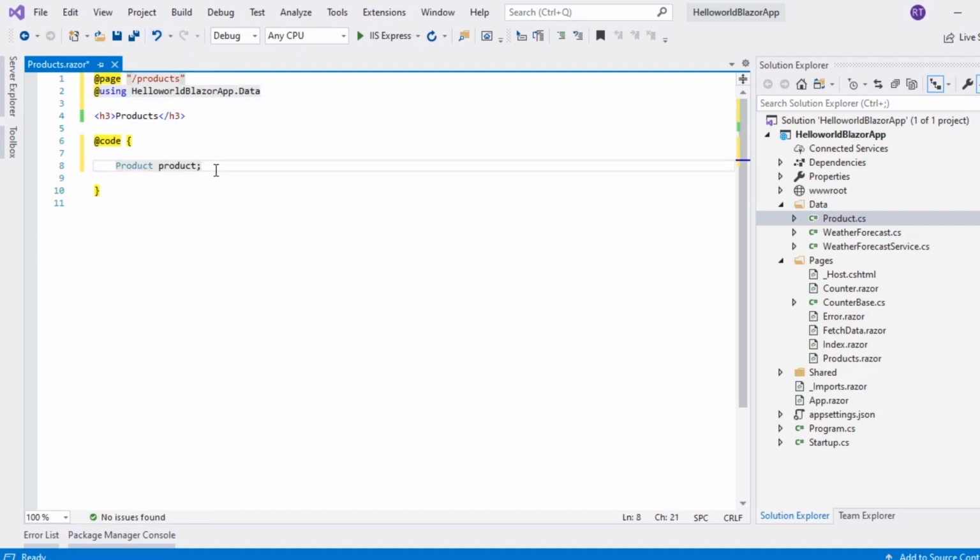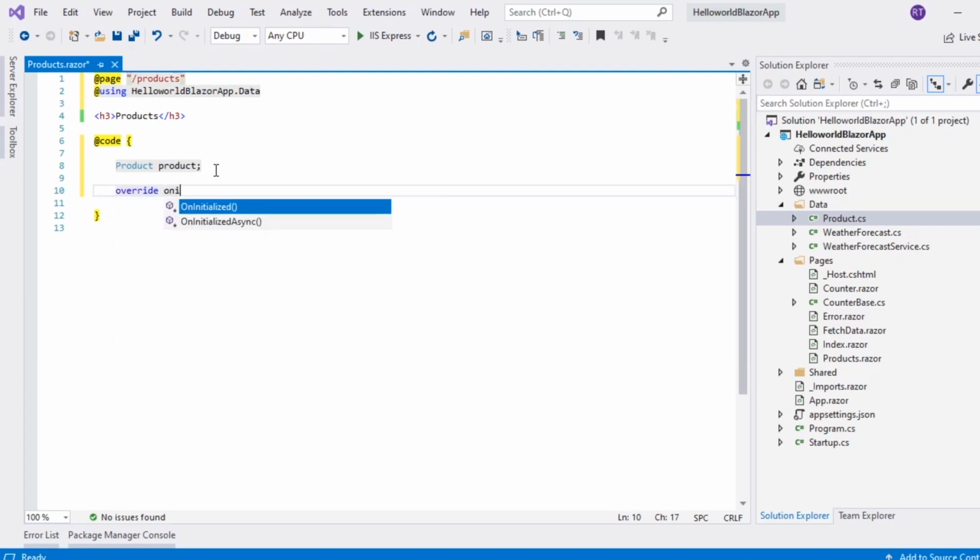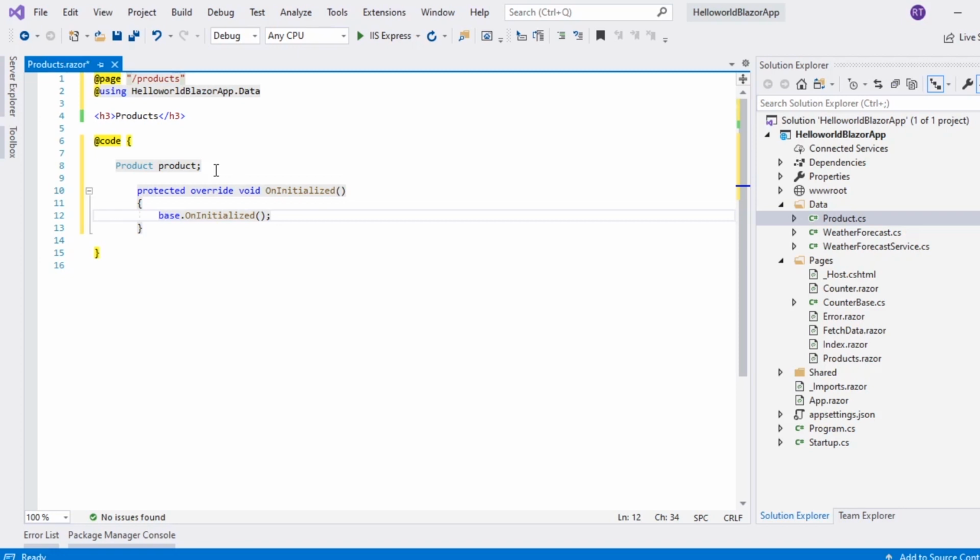Once we have this defined, I want to initialize this product. So I'll use the lifecycle hook called OnInitialized. This OnInitialized function will be called whenever the component is rendered, and the code inside will be executed.